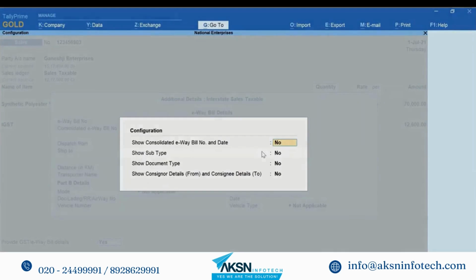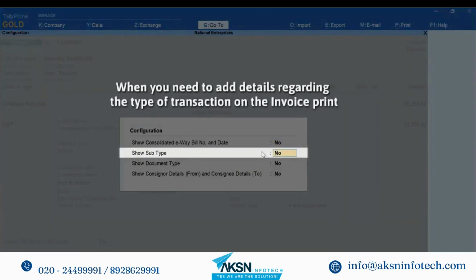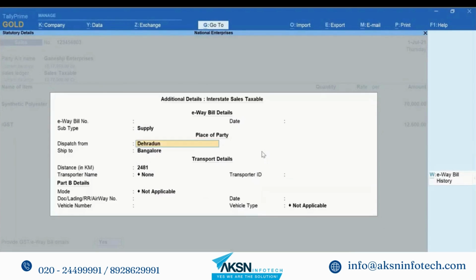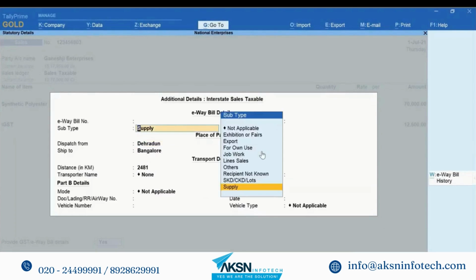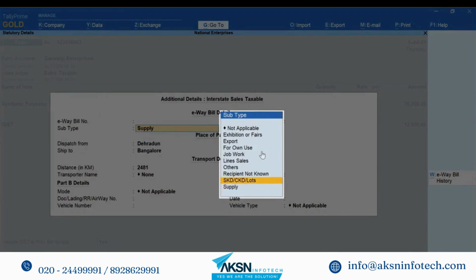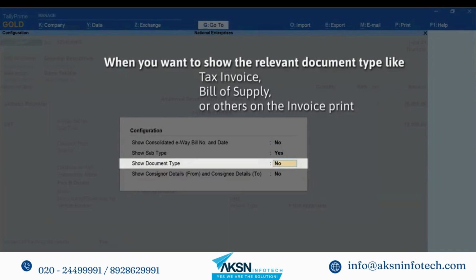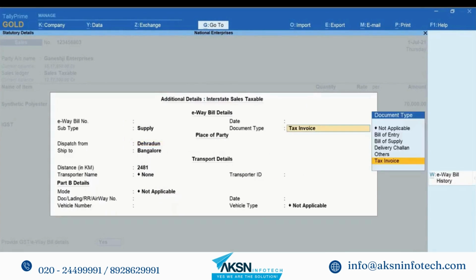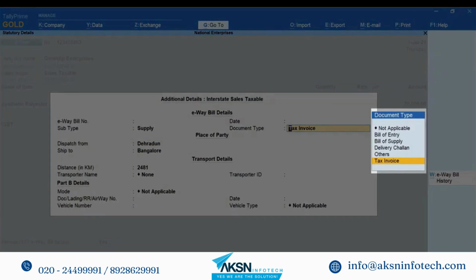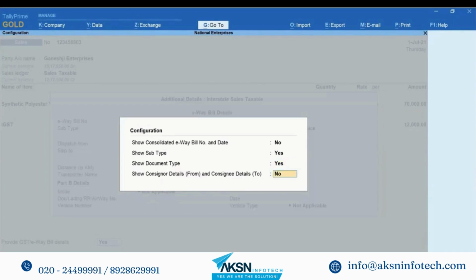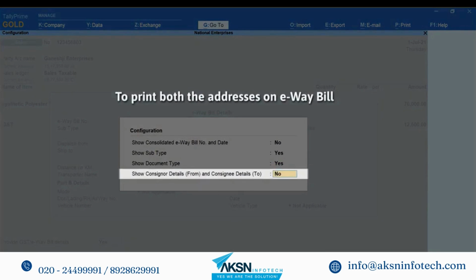शो सब टाइप को यस सेट करके आप किस प्रकार का ट्रांजैक्शन है वो प्रिंट में दिखा सकते हैं। वो सप्लाई, एक्सपोर्ट या आपके कंसाइनमेंट के अनुसार कोई भी हो सकता है। शो डॉक्यूमेंट टाइप को यस सेट करें। इससे आप ई-वे बिल पर डॉक्यूमेंट टाइप जैसे कि टैक्स इनवॉइस, बिल ऑफ सप्लाई या ट्रांजैक्शन के उपयुक्त प्रिंट कर सकते हैं।